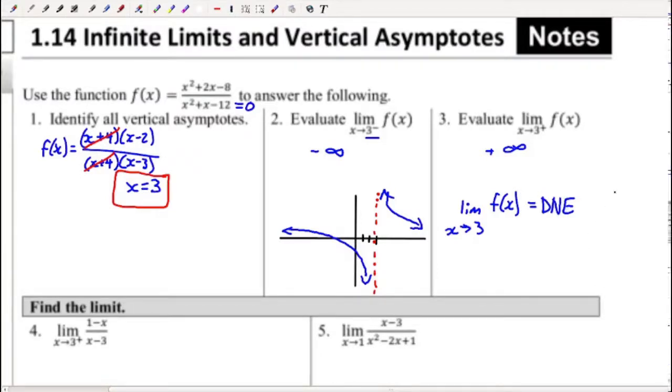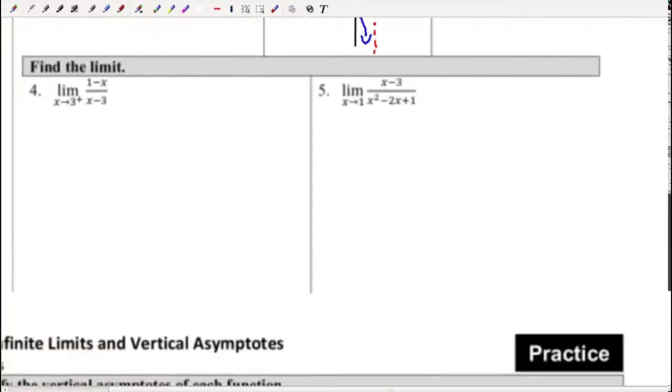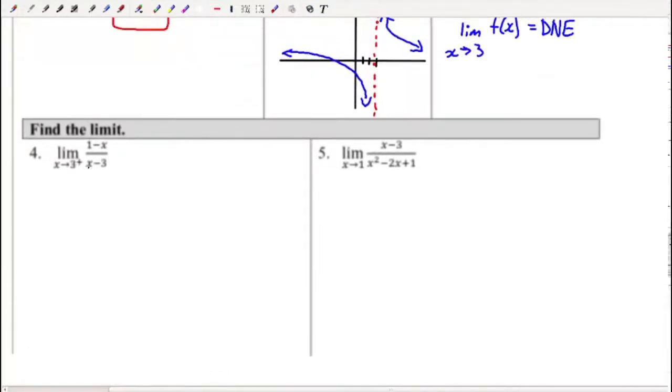abbreviation. Now we want to know how to do this if I don't have a graph, so let's take a look at number 4. It says find the limit as x goes to 3 from the positive side of 1 minus x over x minus 3. So we see right away that 3 is going to be a vertical asymptote because nothing's going to help us cancel top and bottom. So the trick we're going to use, a trick we've been using, is to plug in a number really close to this value of 3, and I need it to be from the positive side, so I need it to be a little bit bigger than 3. So I'm going to say this limit is approximately equal to, and I'm going to plug in 3.001, a number really close to 3 but not equal to 3,